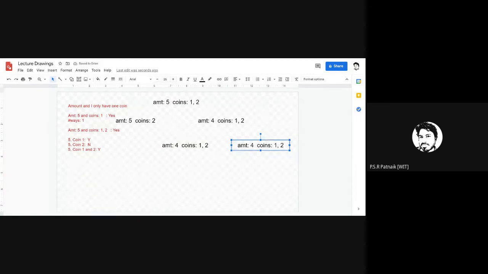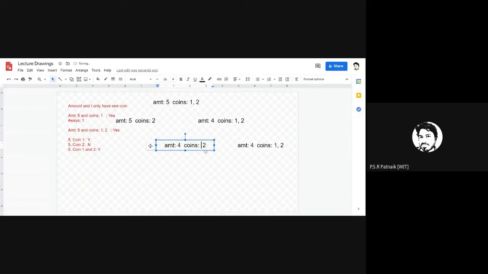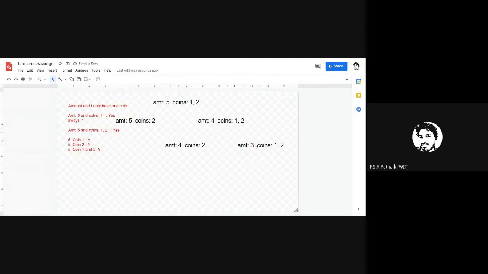If you decide not to use it, you have this sub problem. And if you have decided to use it, what you will have here? This would be 4 minus 1, which is 3, and 1, 2. Likewise, this chain will keep on repeating.